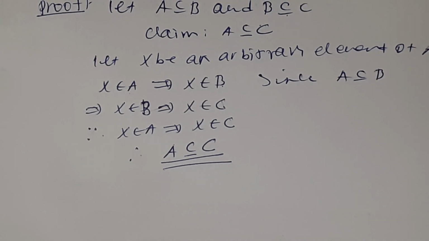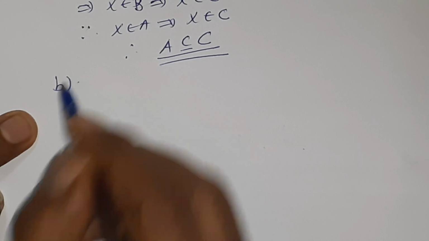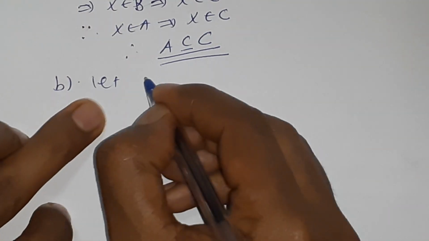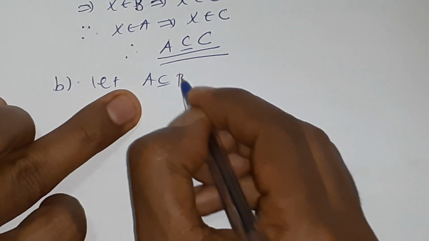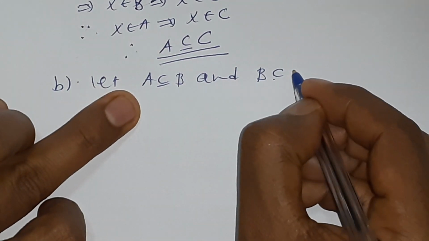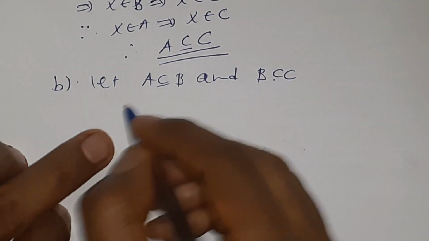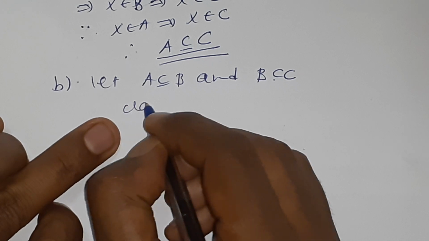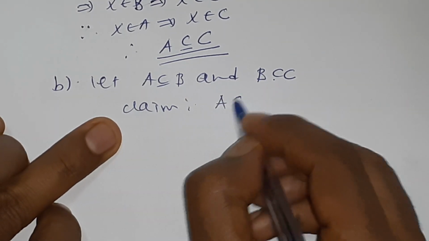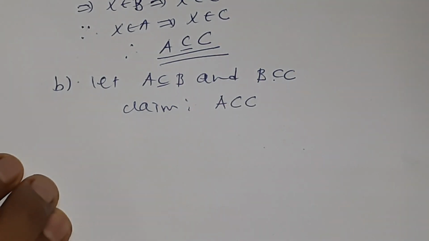The next one, that is B. Let's assume that A is a subset of B and B is a proper subset of C. What we need to claim, or what we need to show here, is that A is also a proper subset of C. Therefore, similar to that